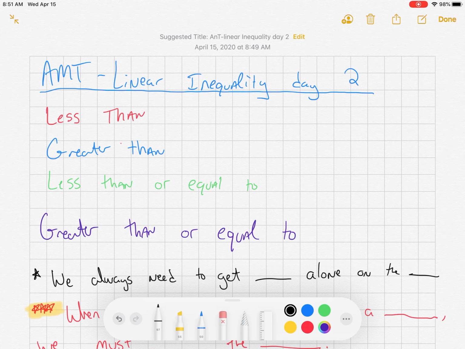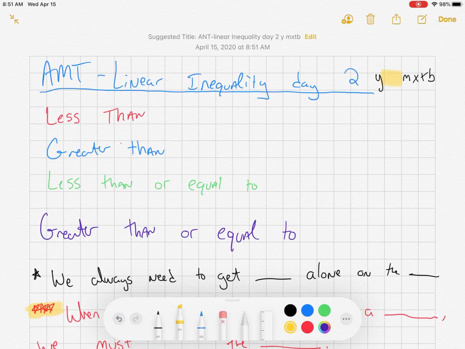Hello everybody, we are back for day 2 of linear inequalities. First up, just a quick review from yesterday's lesson, or 2 days ago, I suppose. Today we're doing more or less the same, but I want to quickly touch on this review before we move along. So first of all, a linear inequality is in the form y